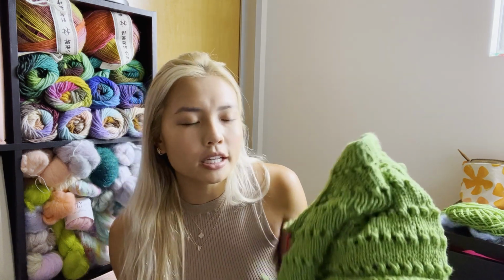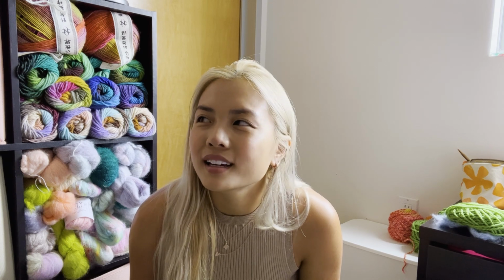And it's in Cascade Yarns 128 Superwash in apple green, I think that's the color. They gifted it to me because they wanted me to try out this yarn, and I actually really like it. It's really soft. I would say that it's a little bit thinner than the bulky weight yarns that I like to work with, but I'm kind of coming to realize that maybe bulky weight is not what I